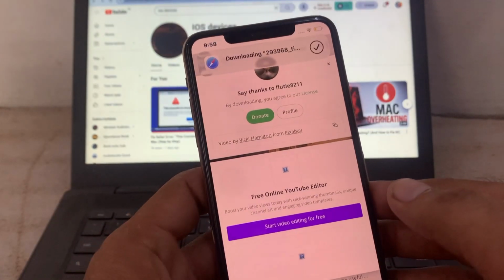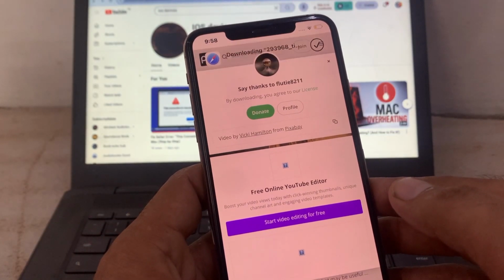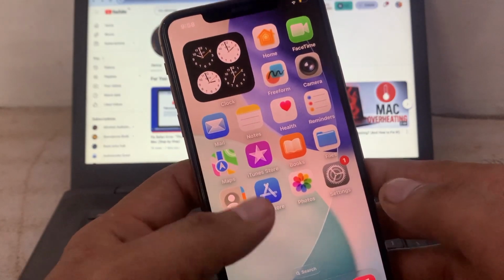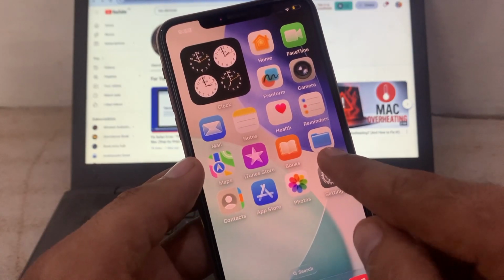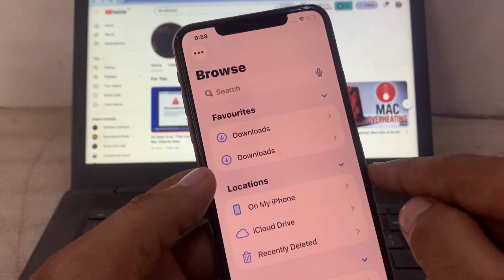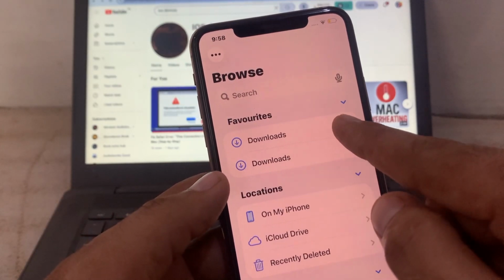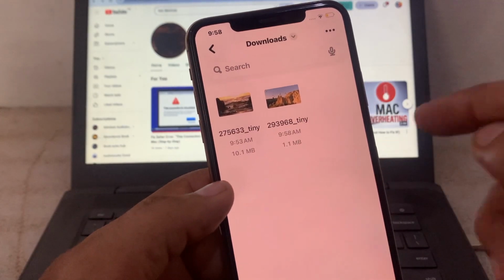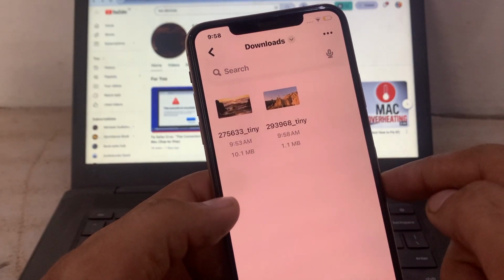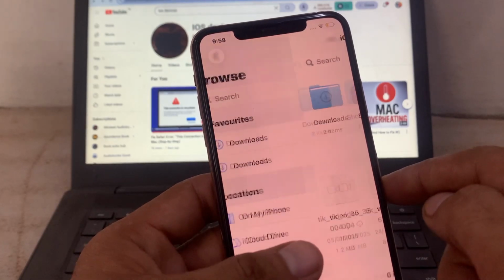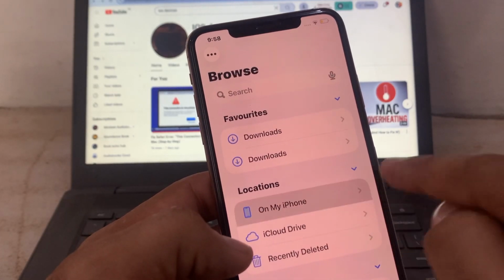And now guys, close the window here and open Files on your iPhone. Click on Downloads first, and you can see the downloaded video appears on screen. Guys, if you don't see this video here, simply go back and open On My iPhone, and